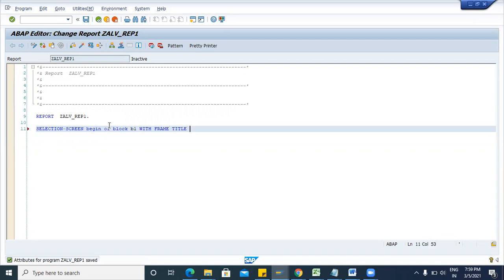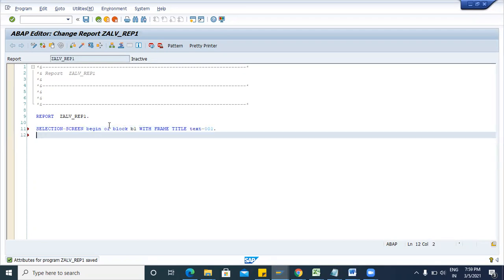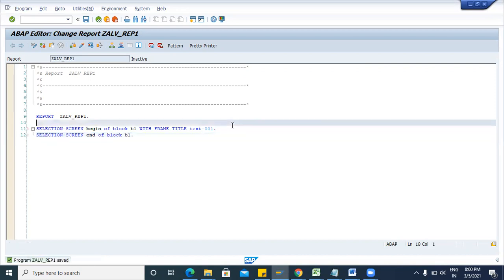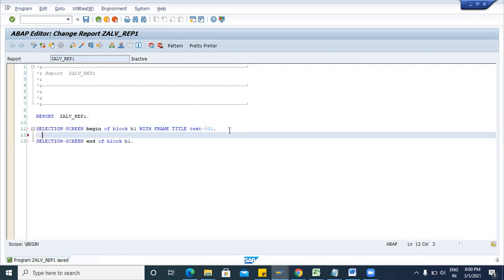Title text-001. Then we close the selection screen block. Selection screen, again press tab, it will come automatically. End of block B1. So this is the block we have created in the selection screen.